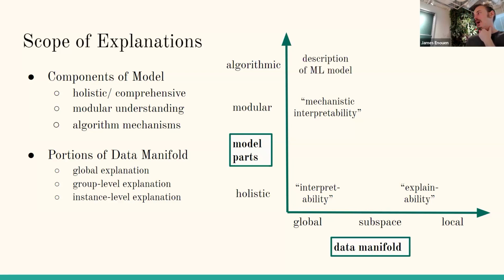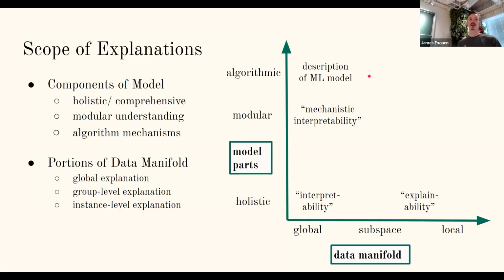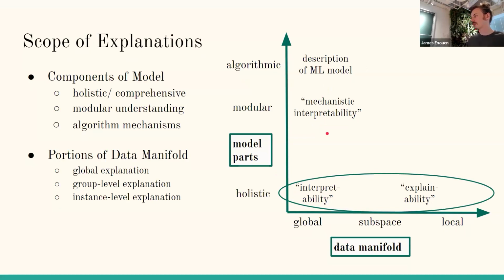And just to round out this chart, we can go further in that direction and just talk about the description of the ML model, which is to say, we have a multi-layer perceptron, it's a linear function, then a nonlinear activation, then a linear function, nonlinear activation. And so we understand all these small pieces, but it's as we put the pieces together where we start to get some complexity. And that's why we would like to be in this bottom left corner where we have a holistic and global understanding, not one or the other. And like I mentioned in the first slide, we'll be focusing on this interpretability, explainability regime where we're looking at a holistic understanding of the model.